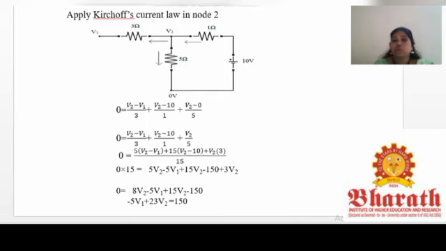All the elements apart from the current source will be consuming the current. They will not supply the current; they will always use the current for their operation. Only the current source will supply the needed current for the circuit. As there is no current source, I say 0 equal to, and first I am framing the node equation for the 3 ohm resistance, which is between node 1 and node 2.